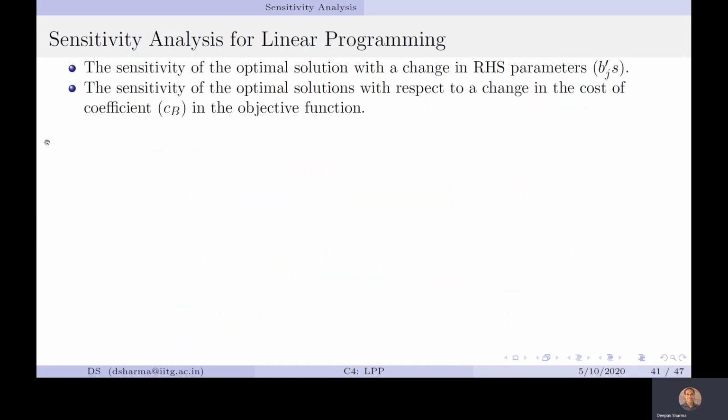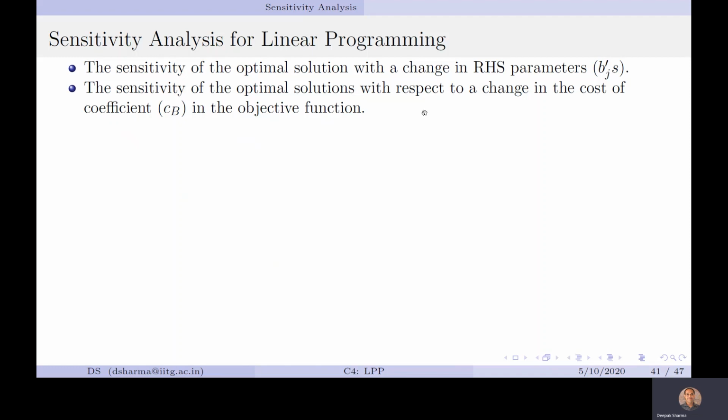Now let us perform the sensitivity analysis for linear programming. The set of matrices and vectors which we have seen in the previous slides will be used here. Generally we do sensitivity analysis by changing the constant parameters in the table. So x1, x2, all these xp, xn or xs are decision variables. Apart from that, we are talking about the constant parameters. So what are the constant parameters? First is the sensitivity of the optimum solution with the change in the right hand side. The right hand side is a constant parameter for us. If we change it, how is it going to change our optimum solution?